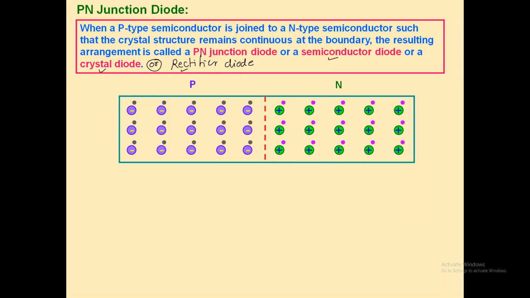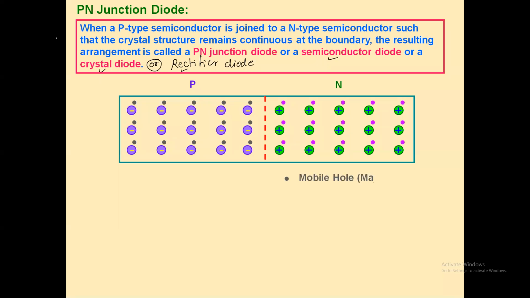Now see the P type and the N type. In the P type, the holes you observe are the black circles, and in the N type the pink circles are the free electrons. It means you can observe that in the N type the pink circles are more. Minority carrier इथे दाखवलेले नाहीये. Let me clarify, I have not shown minority carriers, otherwise the complexity will increase.